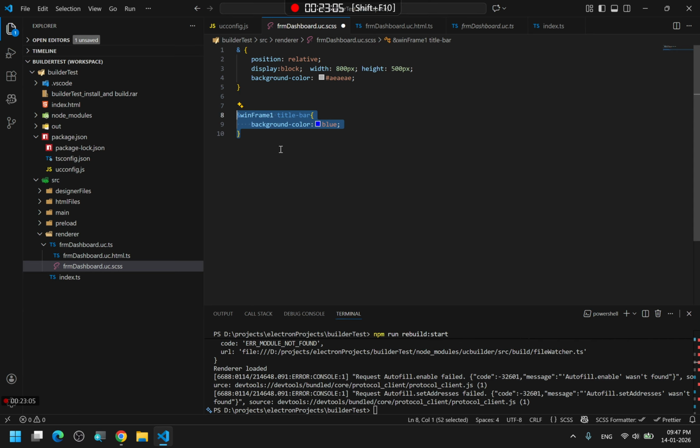And if you import any external style sheet, you can change that style and font, whatever you like. But this is not like an actual CSS style sheet. This is only CSS, but it just provides a facility like